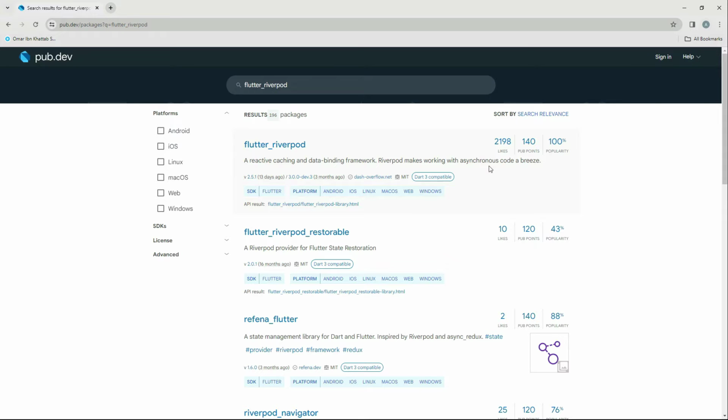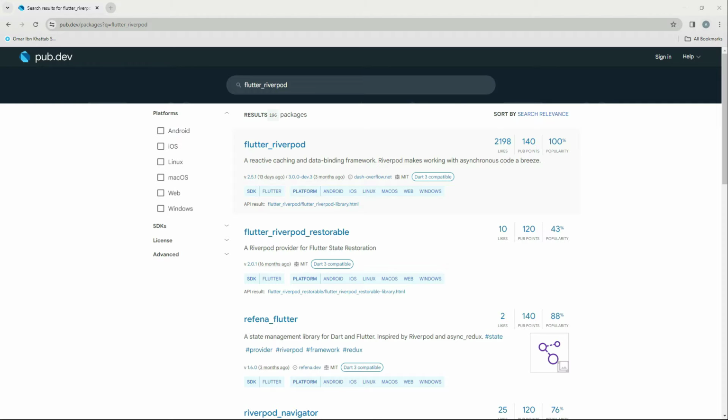It's just offering a simple and flexible way to manage state and dependencies. Okay, as I told you already about the asynchronous code a breeze over here, you guys can see that. And also it just provides a base state management for the providers. If we talk specifically about the provider based state management,